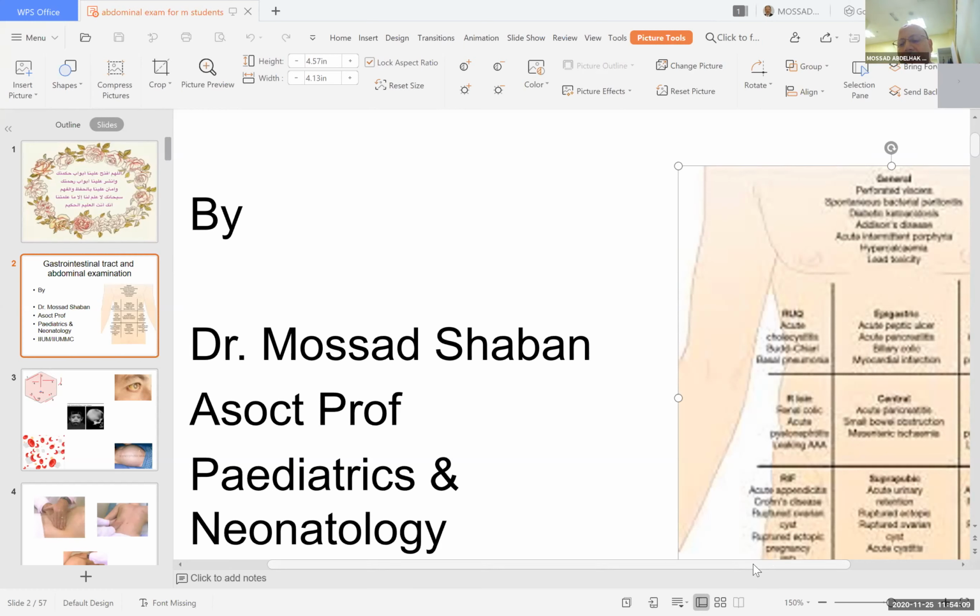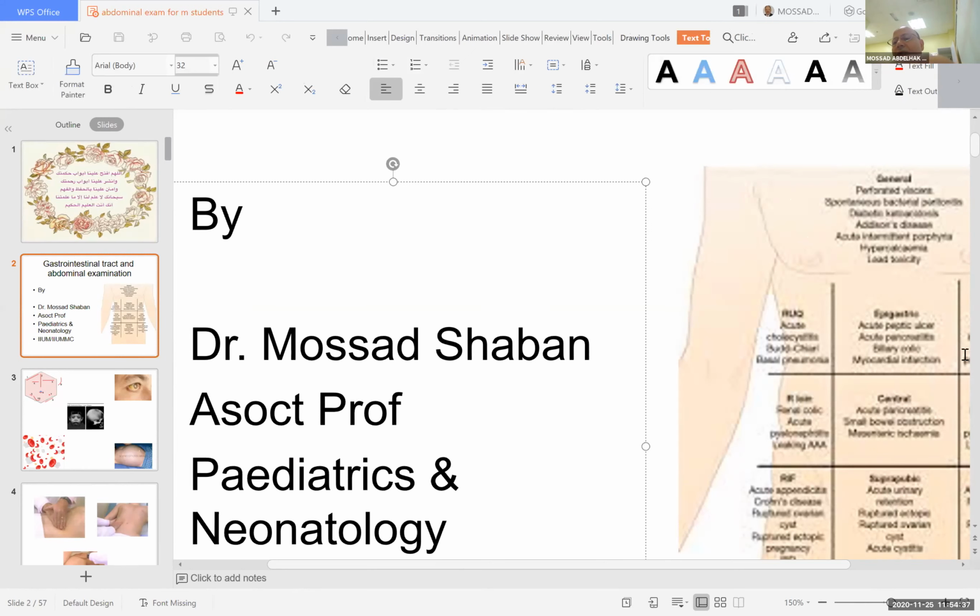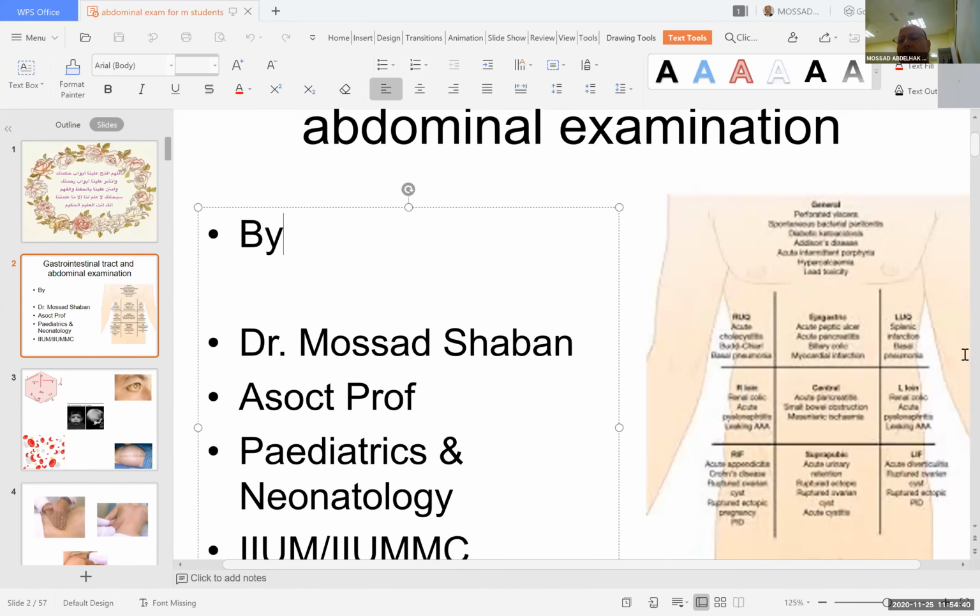That's why we start our examination for palpation of the liver not from the umbilical region or like that. You must start down from the right iliac fossa and come up until you touch the liver, or if you cannot touch it. If you touch it, you need to check the upper border to define the liver span. Am I clear? For the left upper hypochondrial area, which organ do you need to examine? Here.